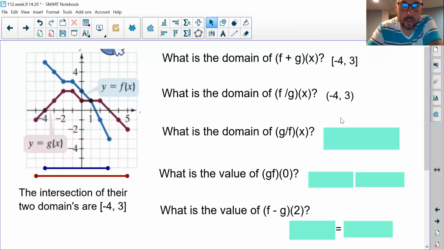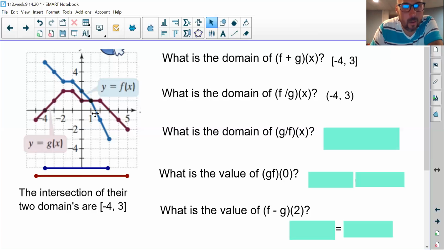What about g divided by f? What about the reverse? Well, now f is the divisor. So f can't be 0. And looking at f, there's only one spot where f is 0. It's right here. So now what x value is this? And here we're allowed to guess. It looks like it's definitely 1.5, because I guess we can assume it's a line,